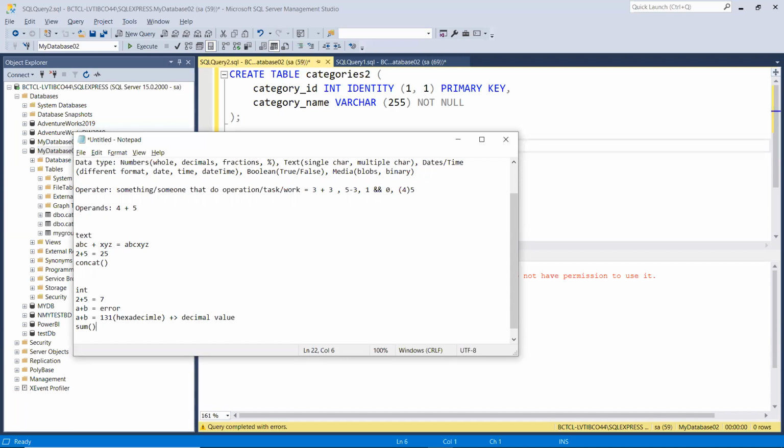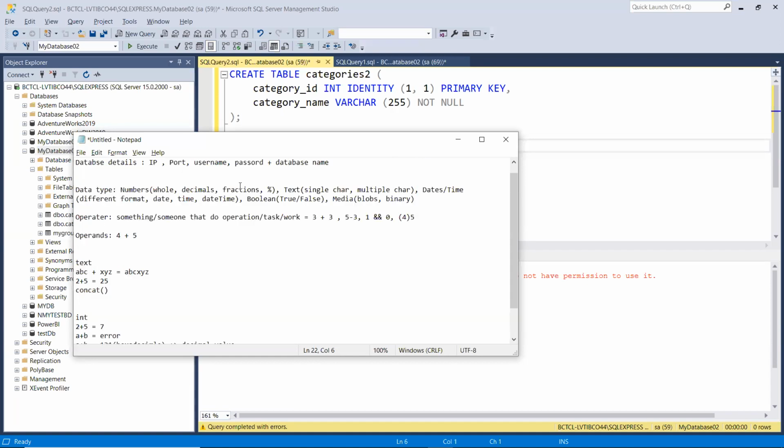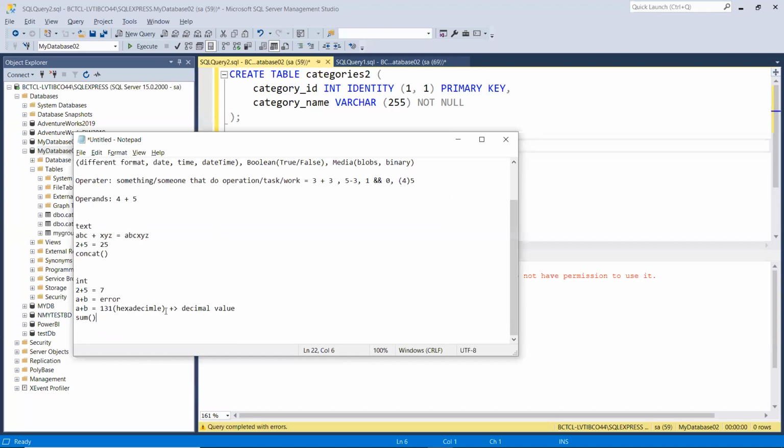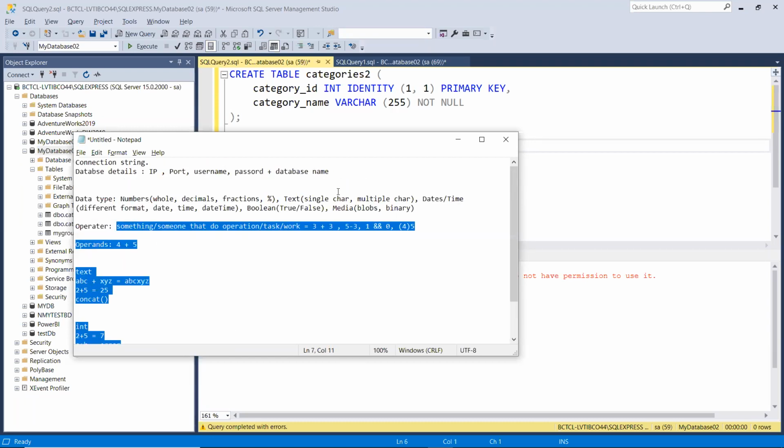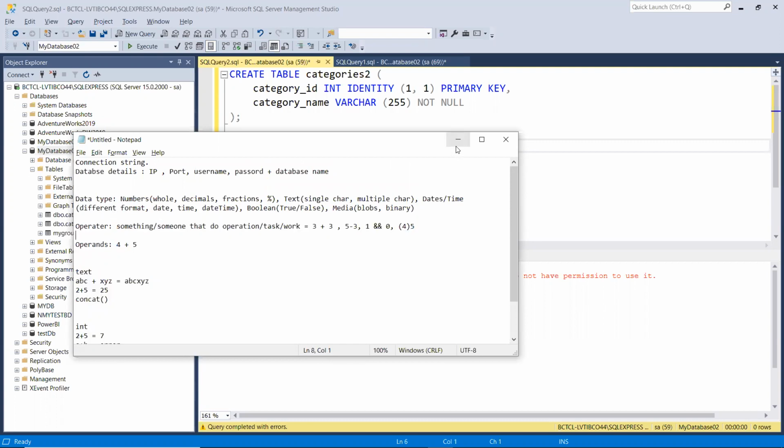Is that clear? So I hope now we understand why it is required that we define the proper data type for a particular column. All this discussion that we have had till now is just to highlight the importance of having different data types, and the correct data type for the particular column depending upon our use cases. Okay, done. Hoping everybody got it 100%.